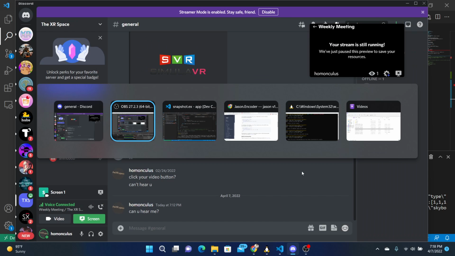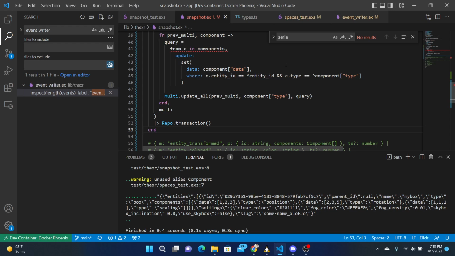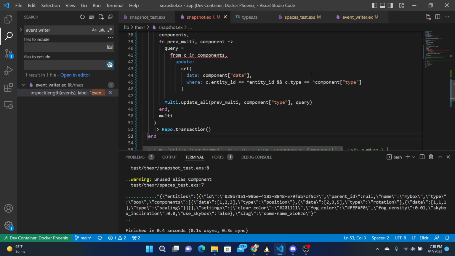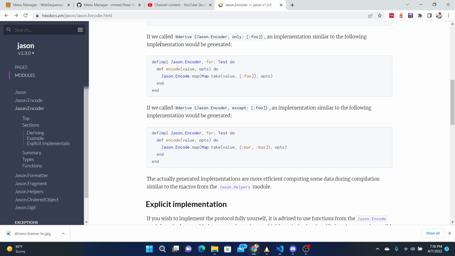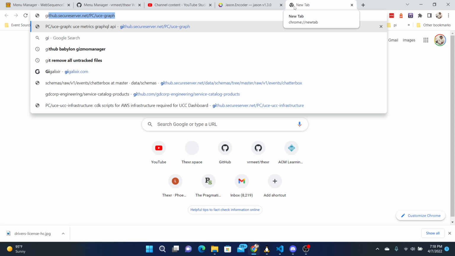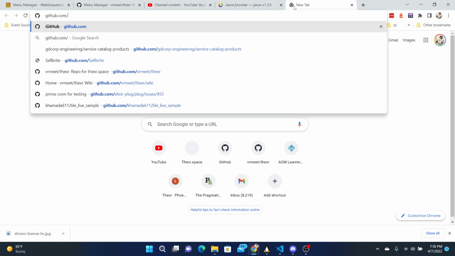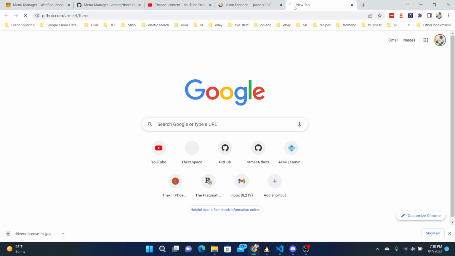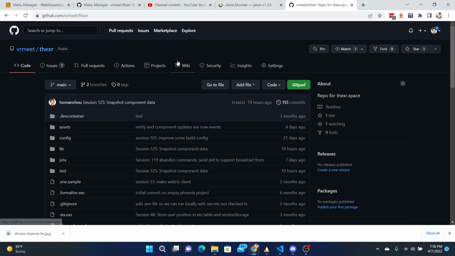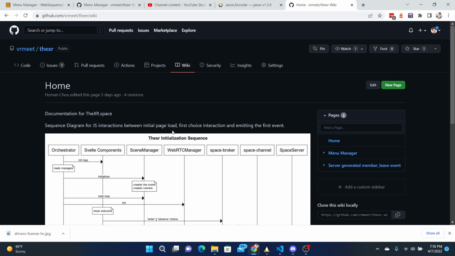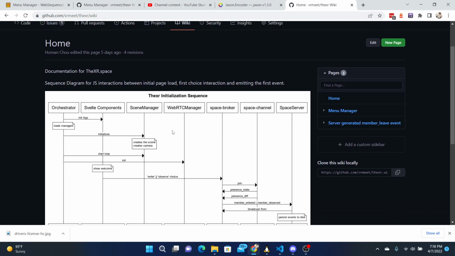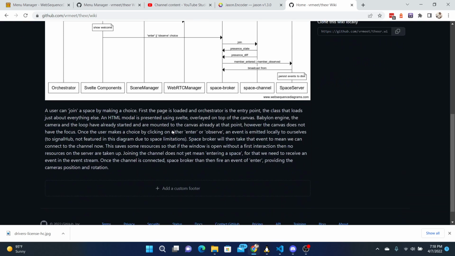Okay, so where I was last time was working on a snapshot. So to back up a little bit more, let's see. Let's go to the repository, github.com/vrmeet.xr. I added some wiki pages. So this is about initialization,